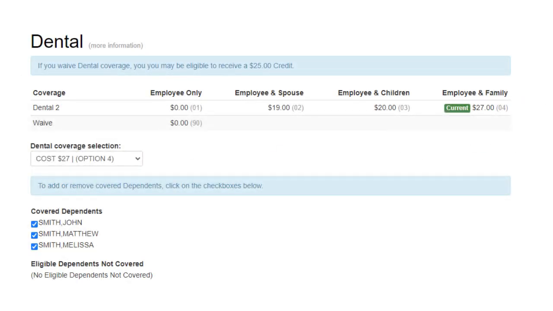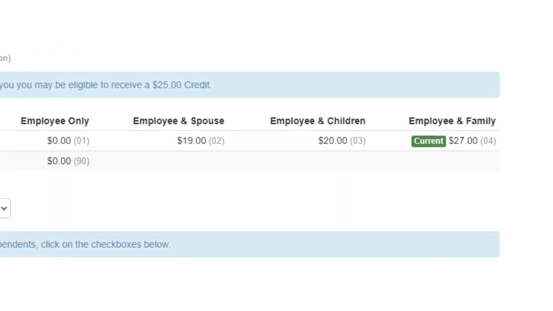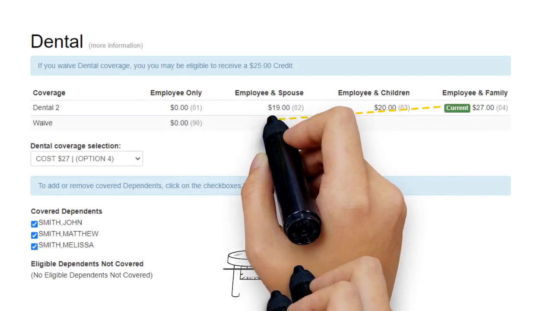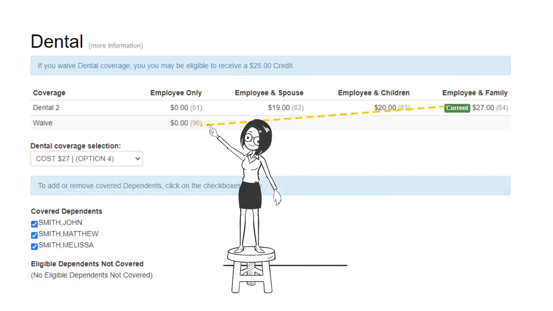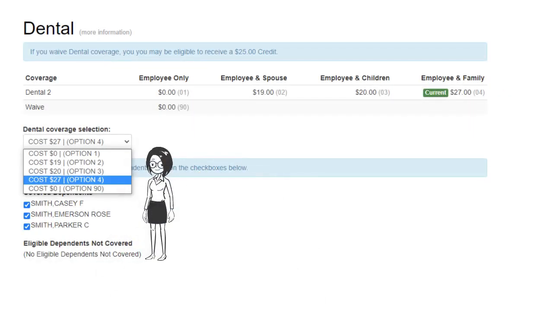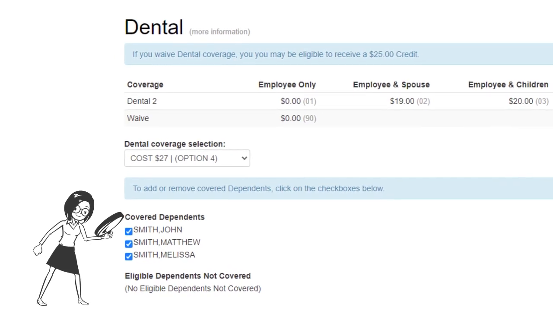The next section is Dental. There is only one dental plan to choose from, Dental 2. Review your current coverage options such as family, employee plus spouse, etc. next to the green Current button. If you would like to switch your coverage, again, find the option code in parentheses next to the desired selection and choose that code in the drop-down menu. If you are satisfied with your current coverage option,